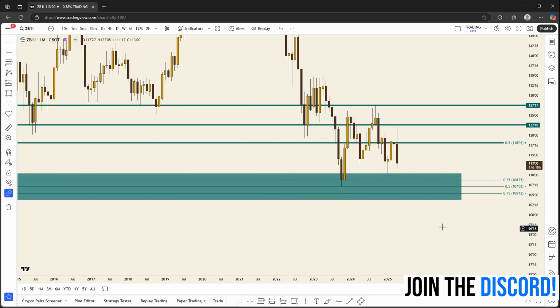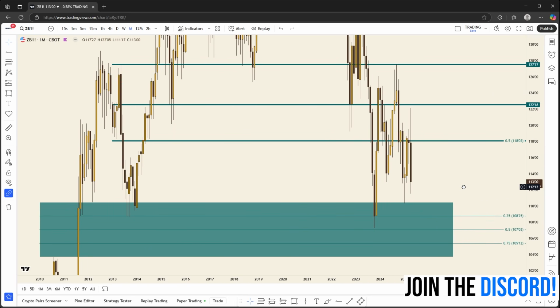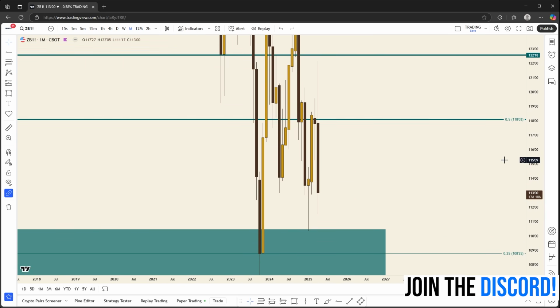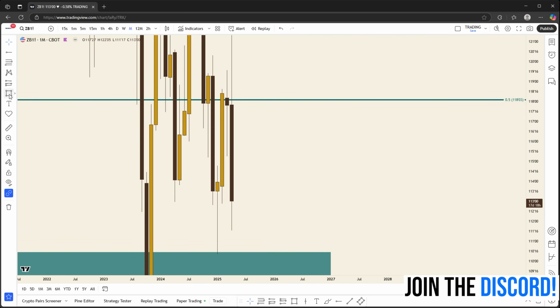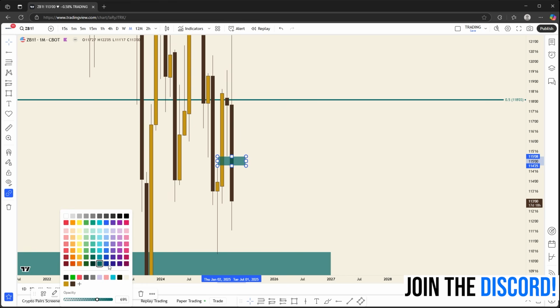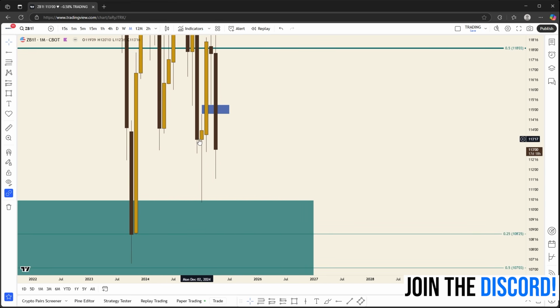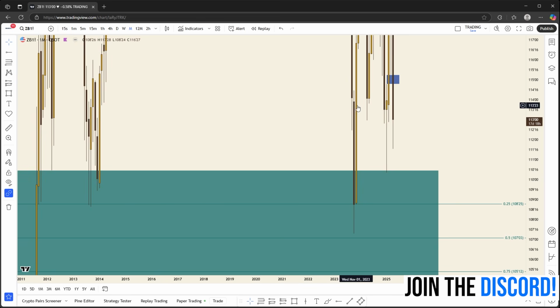Let's drop down to a monthly. Right. So on a monthly chart, we don't have a whole lot going on here. However, we do have a fair value gap that we're trying to turn inversion. So we could go ahead and mark that out. And to be honest, we don't have much of anything else. We have this giant wick, and we also have potentially the levels inside this bullish order block right here that